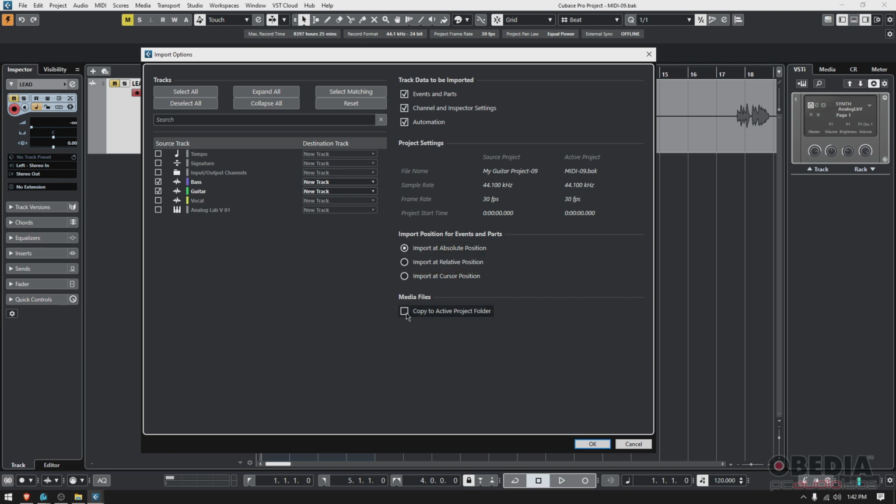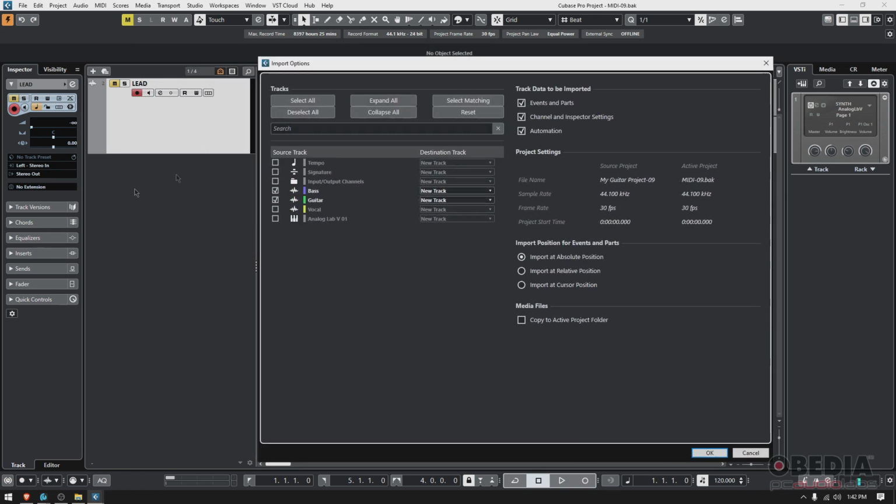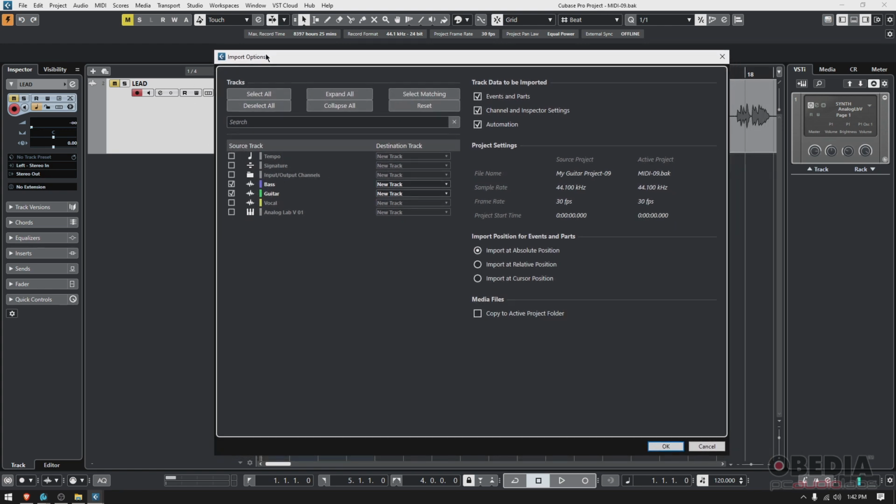And then, do you want to copy to the active project folder, the media files? That's also important because sometimes we are working with different hard drives, and let's say the source project is in a different drive, and then you unplug it, or you bring just the actual drive, and then what's going to happen, the session is going to go, I guess, corrupted, you could say. It's going to try to find those files, but if the drive is not physically present, then where's it going to get them from? So you want to make sure that you copy to the active project folder. So then we click OK,